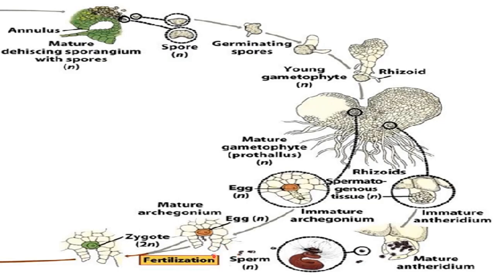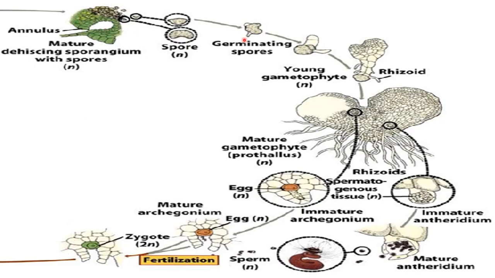So these antherozoids will come here at the mouth of the archegonium to fuse with the egg, and after the fusion the zygote will be formed. Okay, so you can see here this zygote has been formed inside the archegonium. This structure is the archegonium. So this zygote is formed here, and then this zygote gives rise to the embryo, as you have seen in the previous diagram, right? So this is the complete cycle.